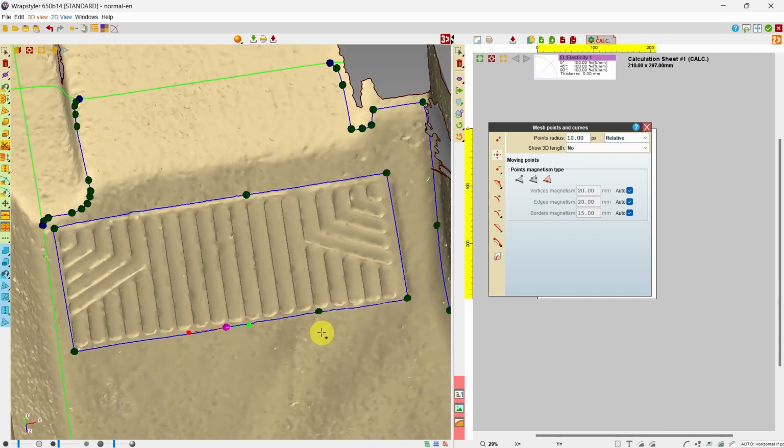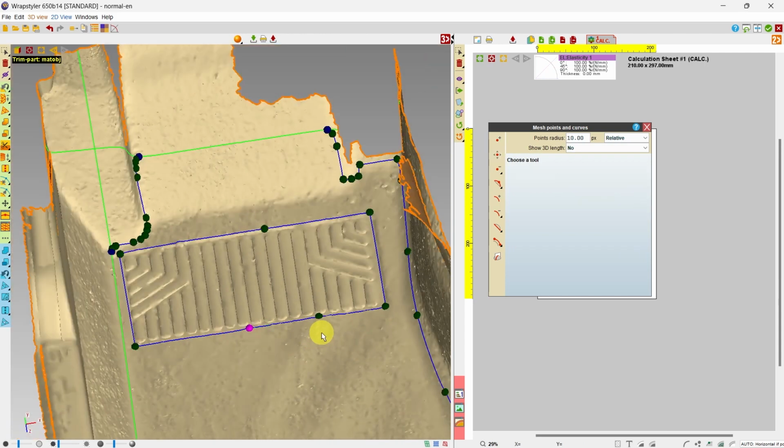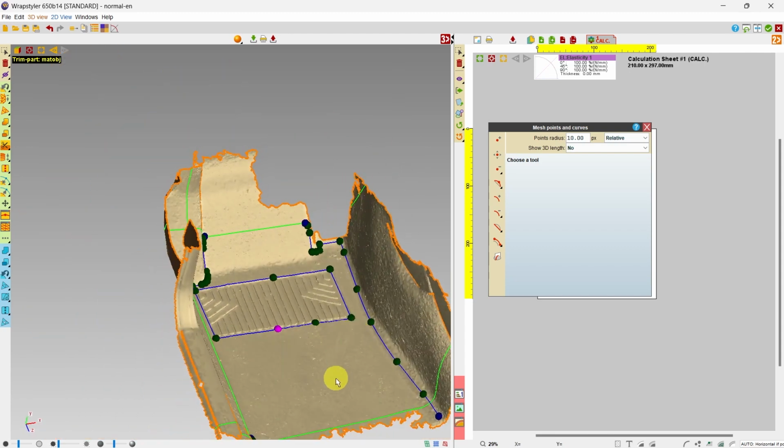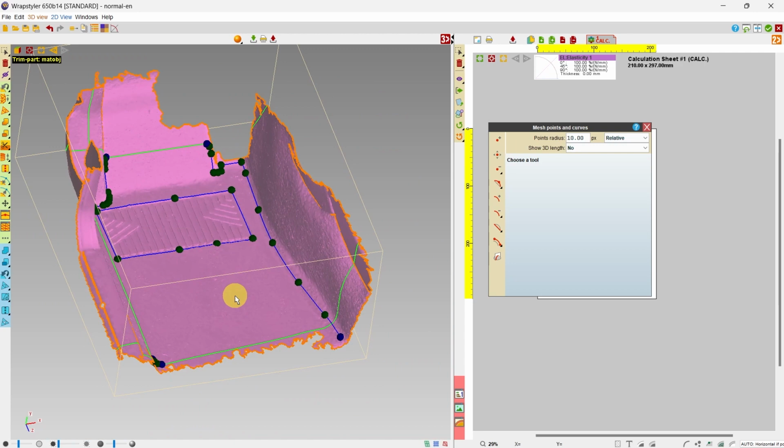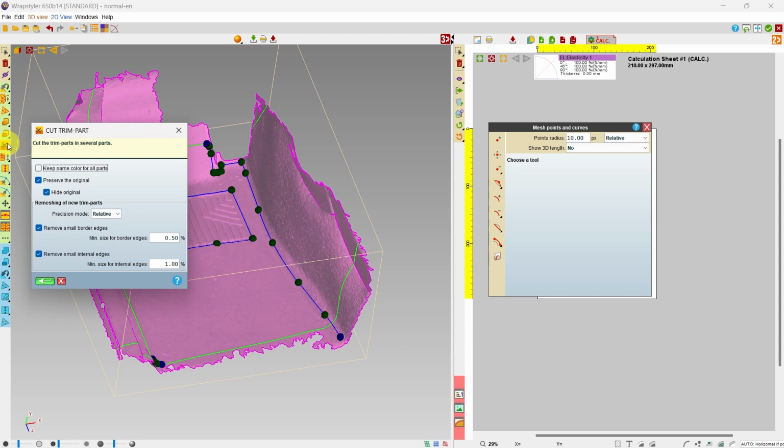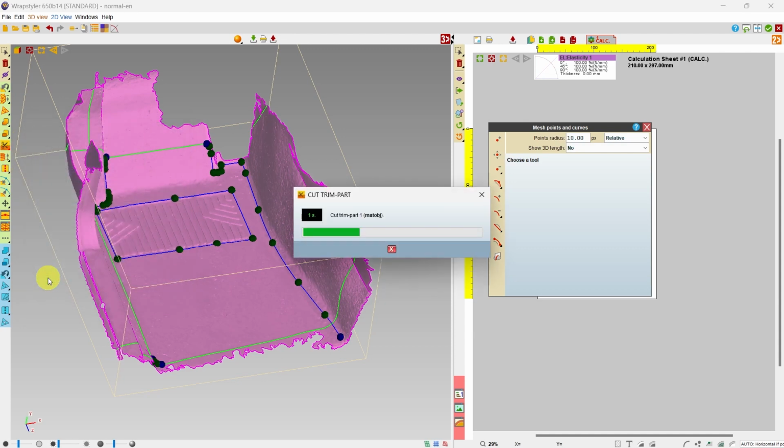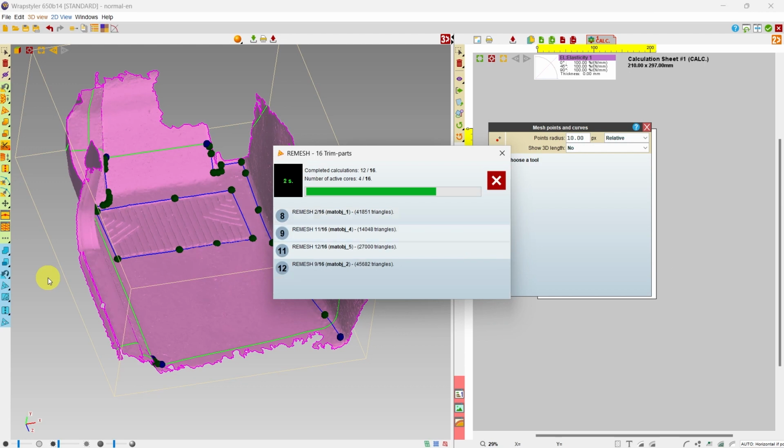And that's it. So, obviously, I'm not an expert when it comes to car floor mats, so maybe I did not place the points and curves where they should be, but for the sake of this demonstration, this will do. Now I can cut the mesh along the lines I created using the Cutting tool here. The duration of the calculation can vary depending on the power of your computer and on the density and the quality of the mesh.